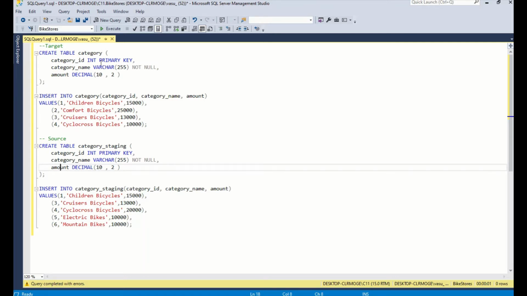Category has category ID, category name and amount, and category_staging also has category ID, category name and amount. Category ID is the primary key in both tables. I'm inserting some dummy data into category, 1 2 3 4, as well as category_staging, 1 3 4 5 6.